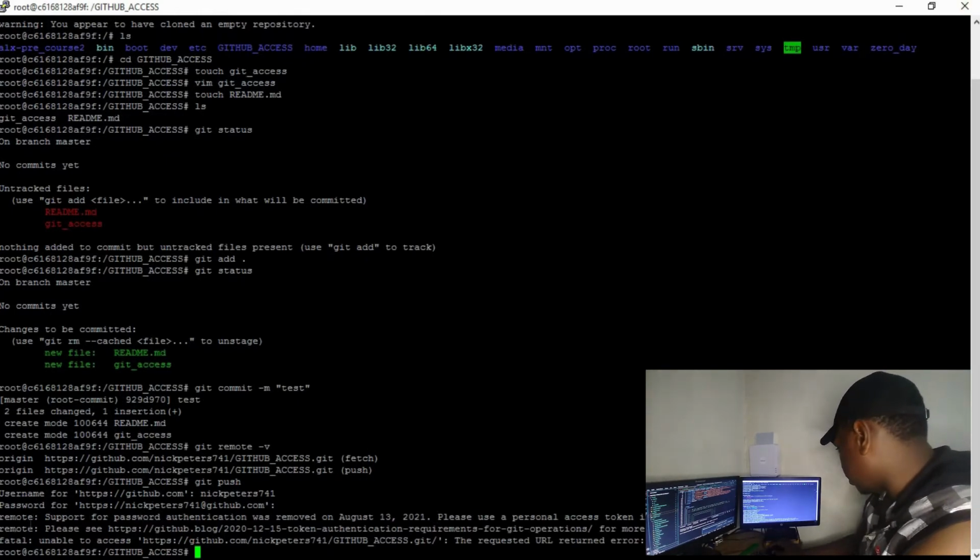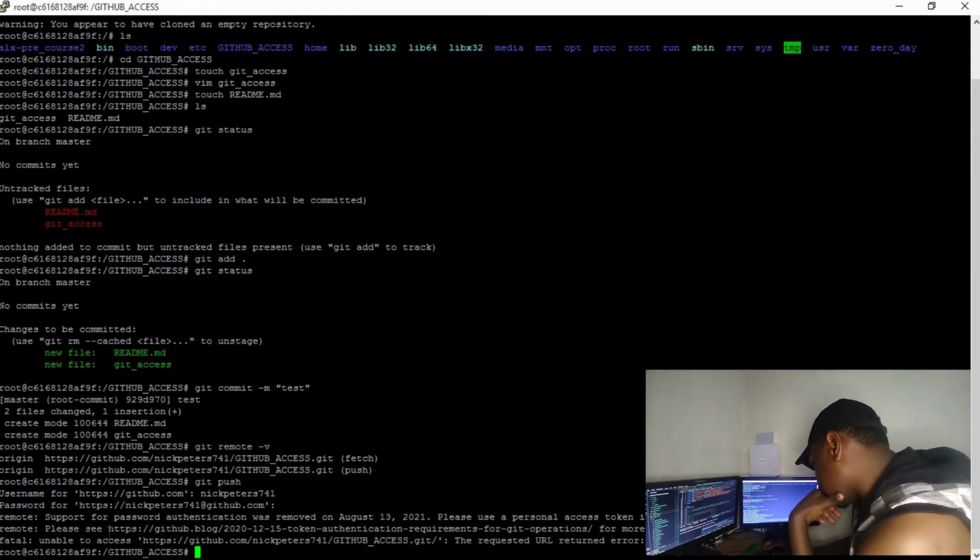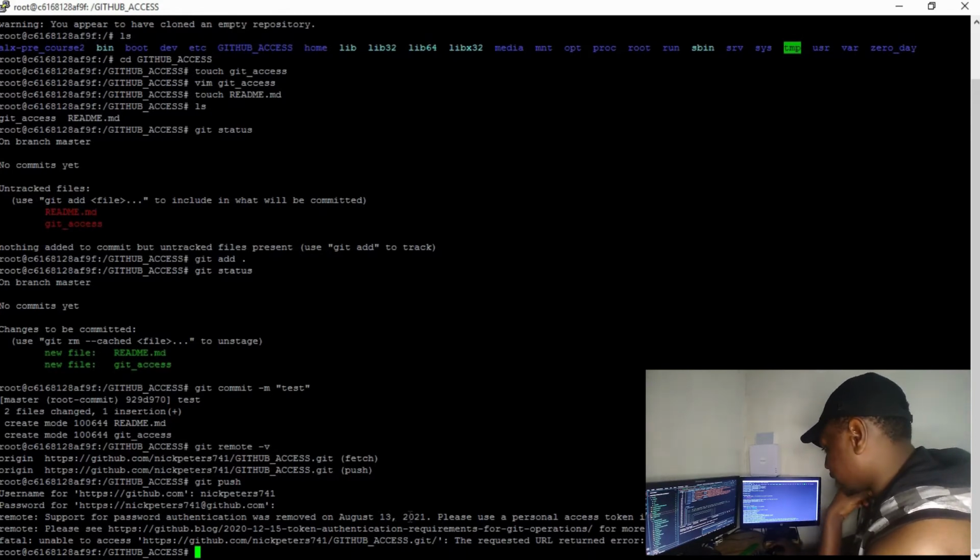So if you were to check this, I'm told that support for password authentication for HTTP remotes was removed on August 13, 2021, which means since August 13, 2021, you can no longer use your password to push your files to your GitHub account. So you'll need something we call